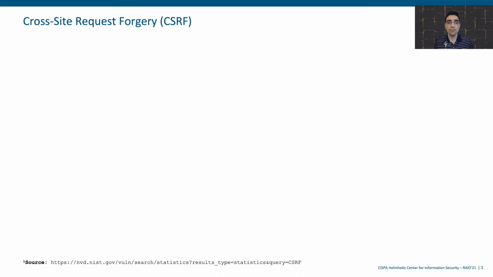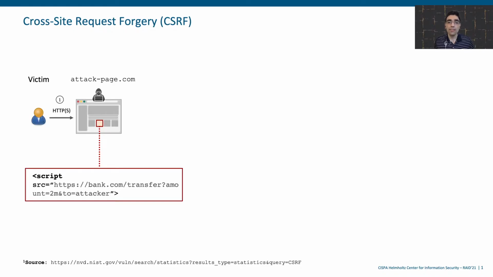Let's start by refreshing our knowledge about a very old but critical security flaw, cross-site request forgery, or shortly CSRF. During a CSRF attack, a victim is lured into visiting a malicious web page crafted by the attacker. The malicious web page includes resources belonging to the target honest but vulnerable website. This inclusion forces the victim's browser to send cross-site requests toward the target site, automatically including the session cookies of the victim in this request, because the browser complies with the same origin policy for cookies, which in turn leads to a sensitive state-changing operation to be executed but without the victim's intention or awareness.